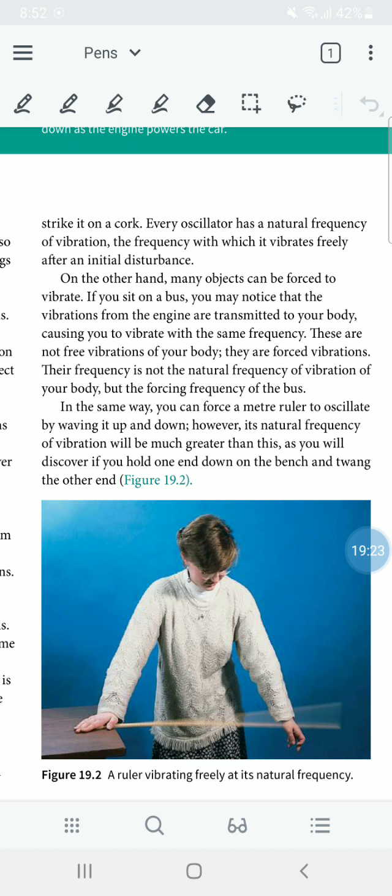And this frequency would not be the natural frequency, but the forcing frequency. It can be changed by increasing the force applied on it.